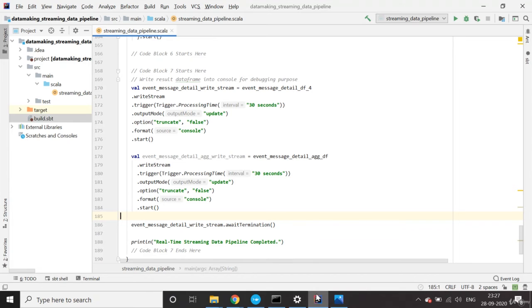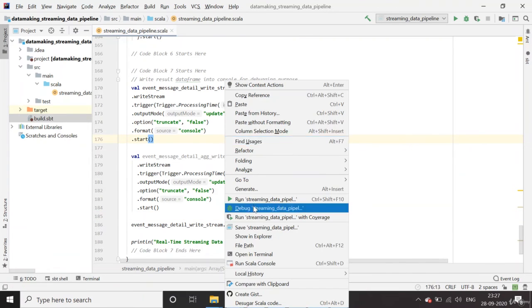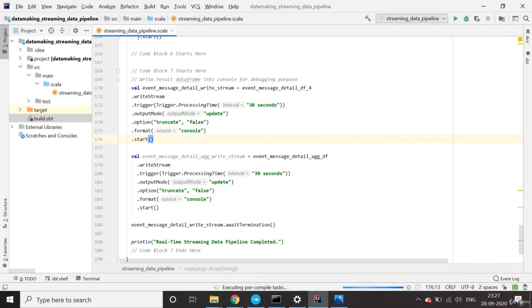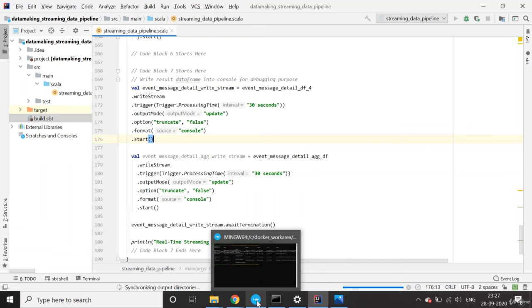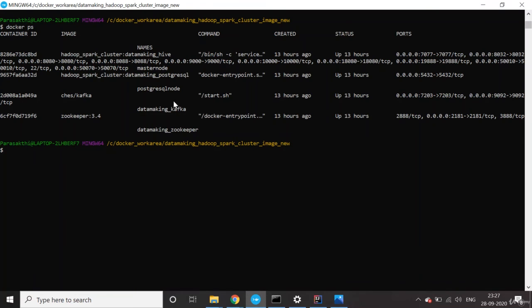And also I will run this program here. Let's get started, and also I will log on to the Postgres table and show you the data also.